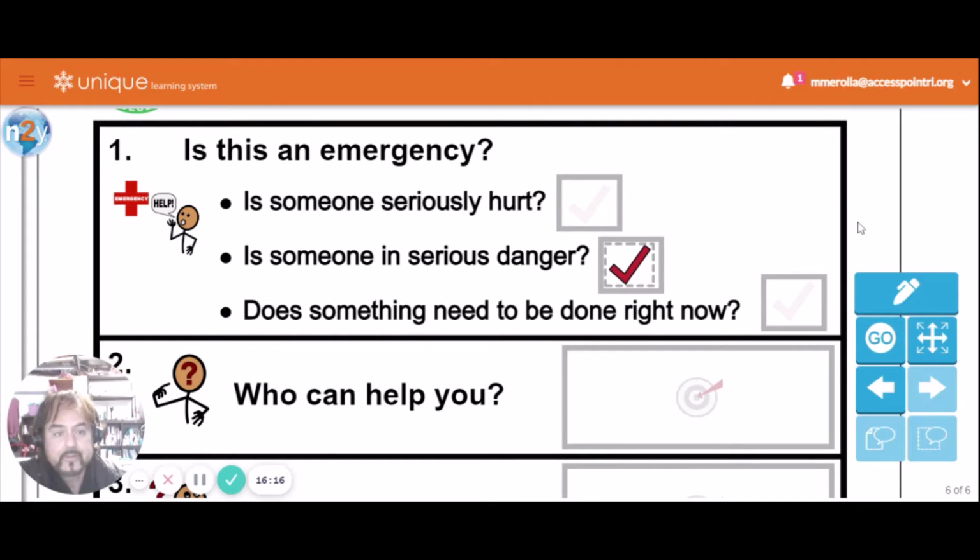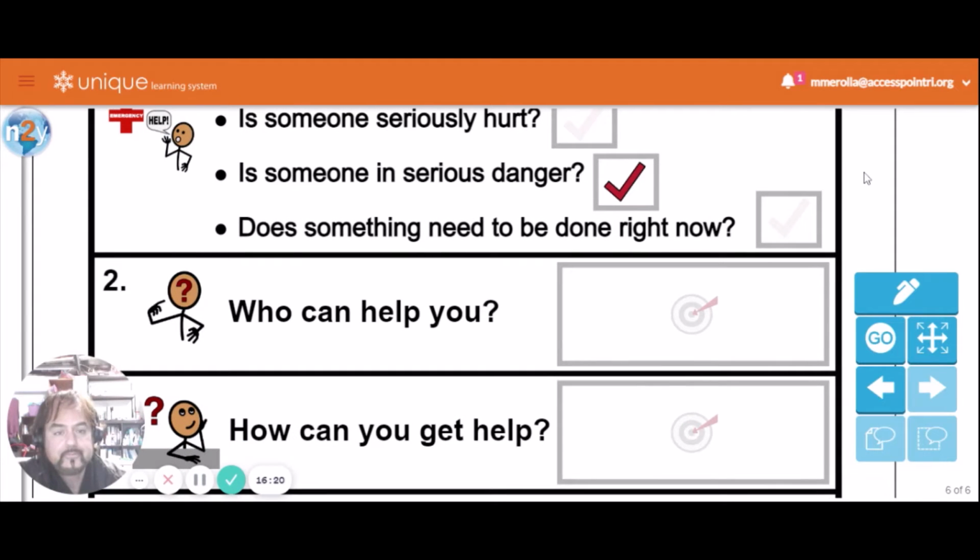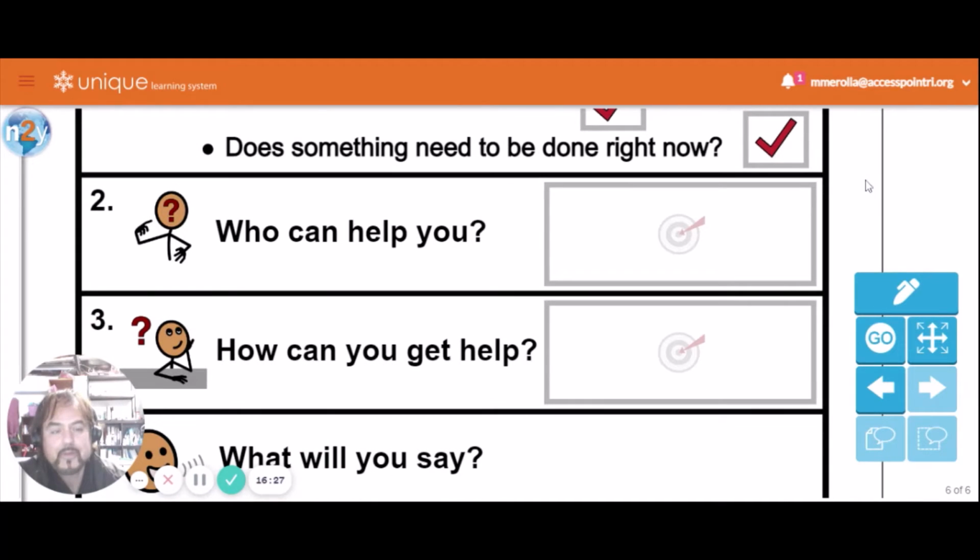And whoever you live with. Okay, does something need to be done right now? Yeah. Oh, okay. So let's see who can help you. Now, the way this scenario is set up, if you're ironing, it makes it sound like you're probably living on your own, because if you went to go answer the door, you're probably alone.